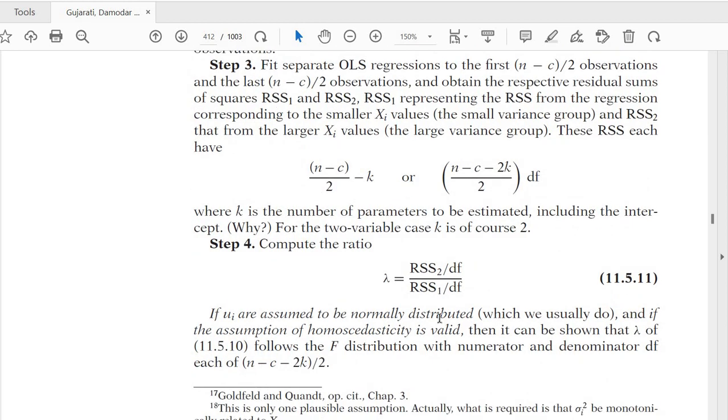तो ये जो डेटा है ये किसको फॉलो करता है, if u_i is assumed to be normally distributed and if the assumption of homoscedasticity is valid, then it can be shown that lambda follows the F distribution with numerator and denominator degree of freedom each, ये एक ही जैसा डिग्री ऑफ फ्रीडम है। तो ये तो हमें पहले से पता है कि लैम्डा अगर F को फॉलो करता है तो F के लिए आपको तीन चीजें चाहिए होती हैं, एक डिग्री ऑफ फ्रीडम न्यूमरेटर की चाहिए होती है, डिनोमिनेटर की चाहिए होती है। यहाँ पर दोनों की डिग्री ऑफ फ्रीडम सेम है, V1 और V2 जिसे हम कहते हैं, और साथ में